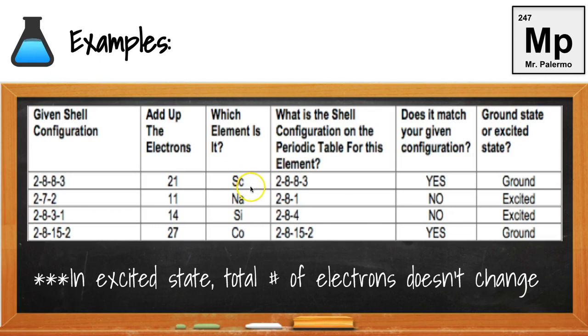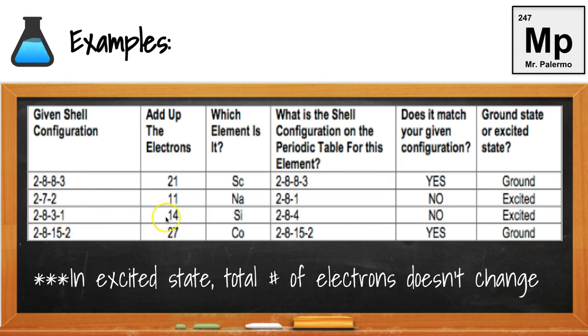Here are some more examples. So let's look at this first one here, 2883. I add that up, I get 21 electrons, which is the element Sc, and the configuration for Sc on the periodic table is the same as 2883, and therefore that's a ground state configuration, versus this one here, 2831, that